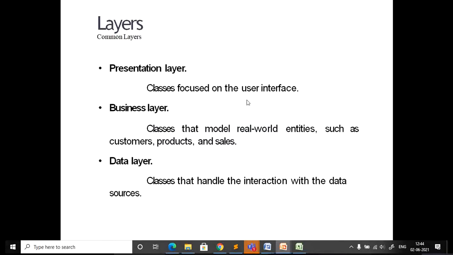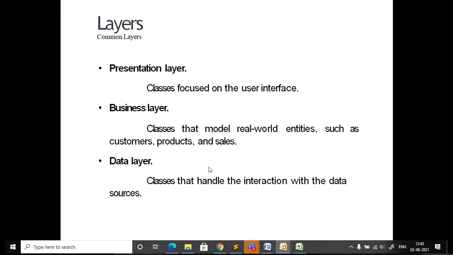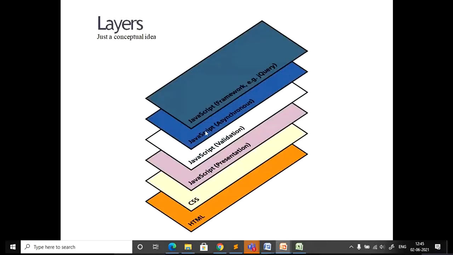Now, according to these layers, you can observe how they are formed. First HTML, which is the basic thing for designing the web page. Then followed by CSS, then JavaScript. In JavaScript we have discussed 3 layers, which are represented here.